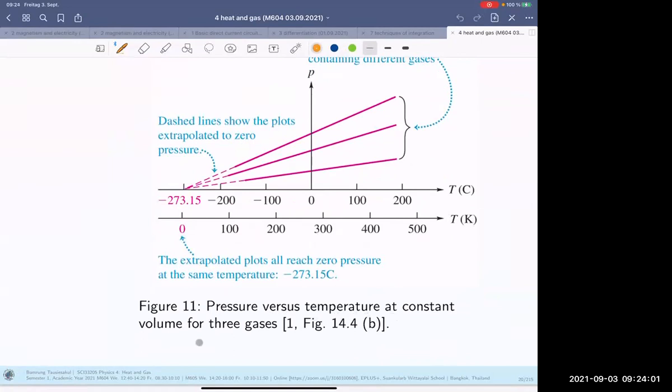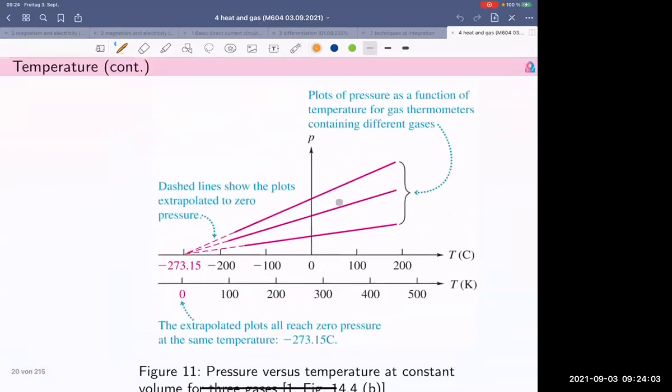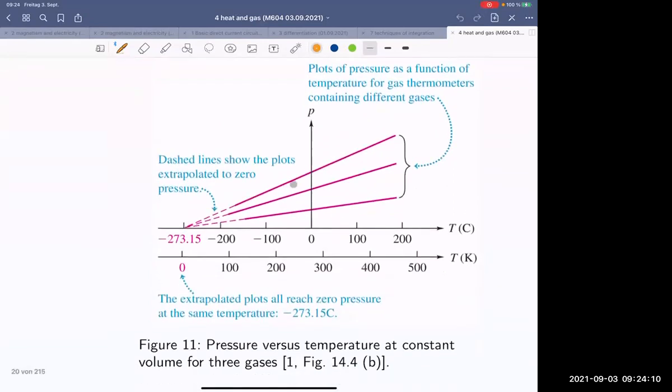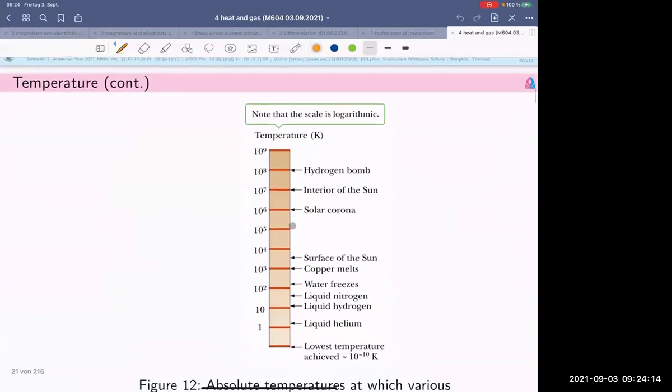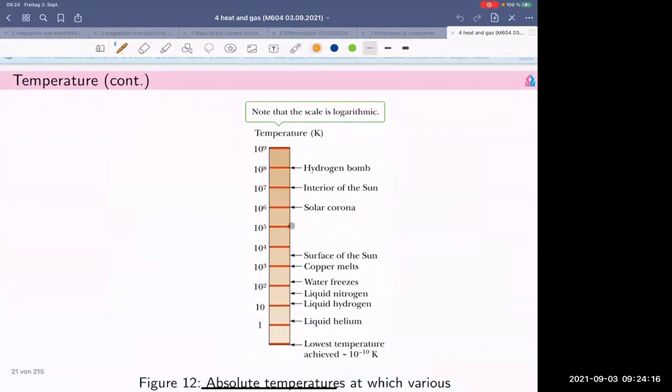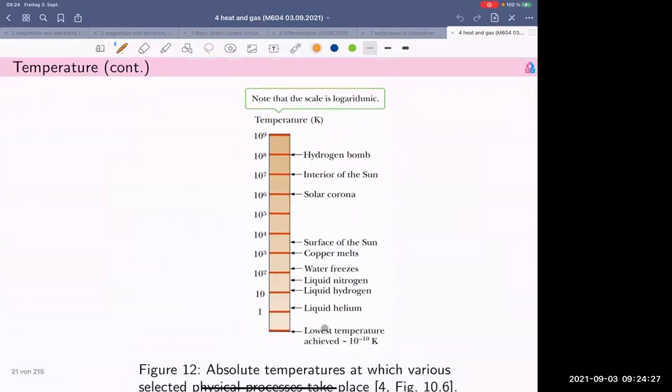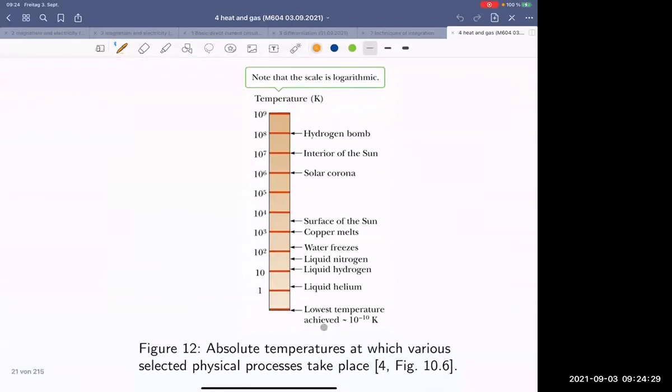Pressure versus temperature at constant volume of 3 gases. Okay, they use different gases to get these plots. And let's talk about the thing that happened in space in nature. All right. So let's start from the lowest temperature. Okay, the lowest temperature is around